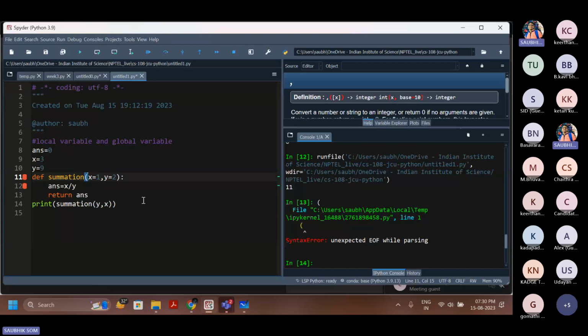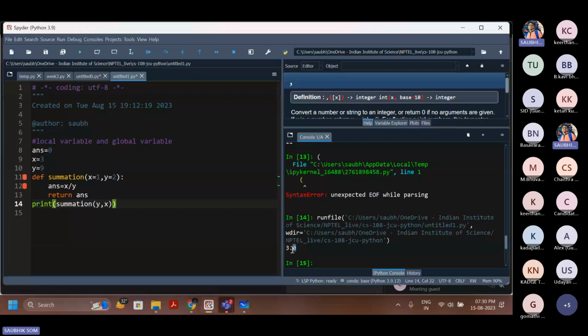Bracket, oh, sorry. Yeah, so it's giving me 3.0, but it should give me something else because I am giving x by y. So this x is 9 by 3. So that's why it's best to always say what is what. For example, if I now say y equal to, in the function, my y is equal to this x and my x is equal to this y. Now you can see that it will also give